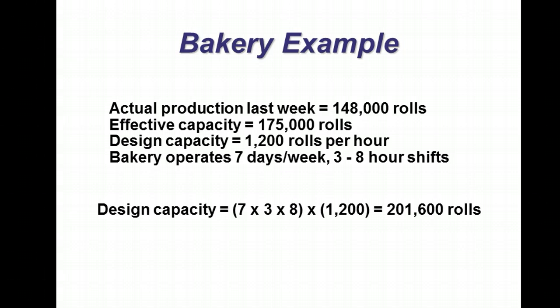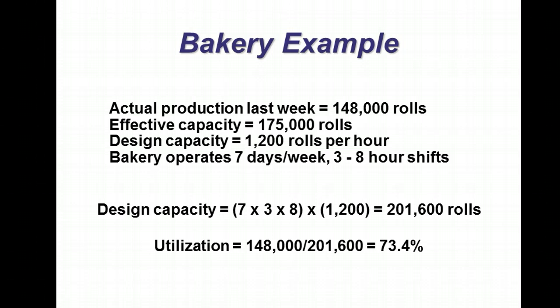So design capacity, you could get 200,000 rolls out of that thing for a short time, because there's absolutely no time in there. It's theoretical. There's no time for maintenance, no time for any slack. It's what this thing could actually do going full tilt. But machines and people don't work that way, so it's not really an effective measure. You never want to be measured against design capacity, theoretical capacity, because that's not realistic. What is realistic is effective capacity.